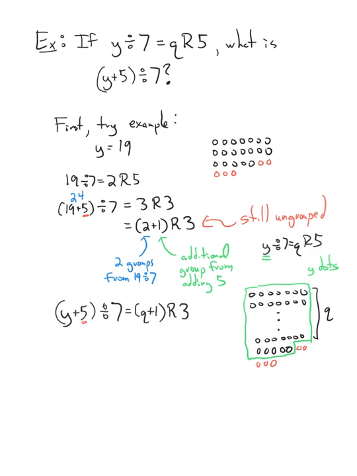So hopefully that idea makes this question clear. It's always a good idea to ask yourself, can I make an additional group of, in this case 7, but an additional group of the size of the divisor, if I add something to the dividend? That's the idea. And just as an exercise for you guys,